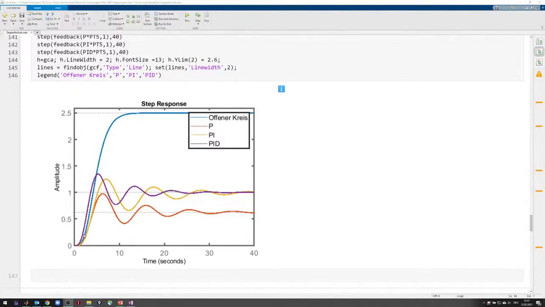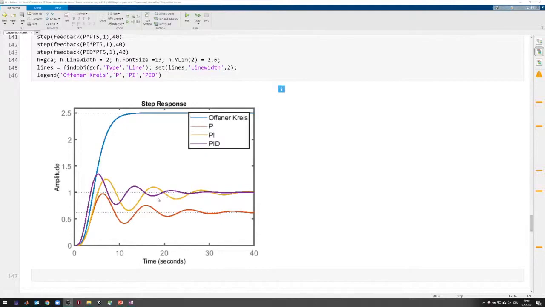Okay, again, the P controller is not steady state accurate. PI and PID are steady state accurate because of the integral gain, and the PID is a little bit faster. But again, I hope you agree with me that this might be oscillating too much, and you need to do some fine-tuning of your controller